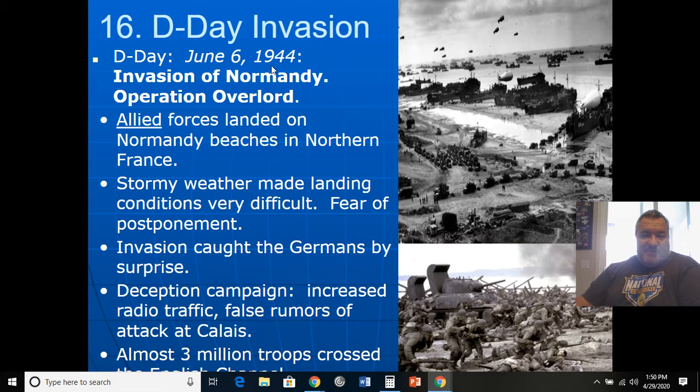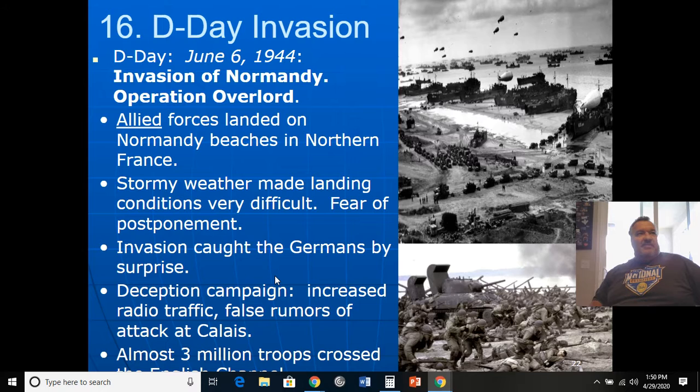And to attack too late was the problem, just like the problem that Napoleon and Hitler had in the Soviet Union. The Allies didn't want to make that a problem by starting their campaign too late in the season. But there was a major fear of postponement, and Stalin was giving a lot of pressure, saying you need to get in there. Turns out the invasion did catch the Germans by surprise. One of the reasons why it caught them by surprise was